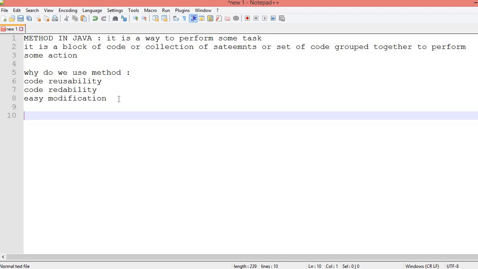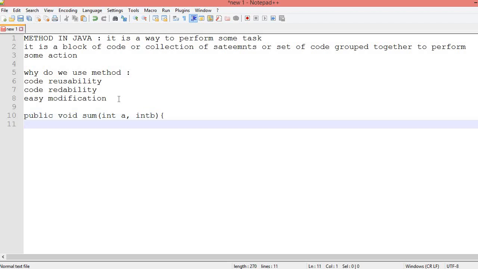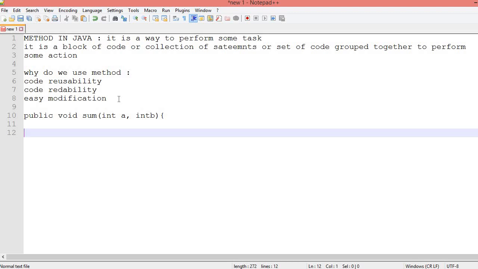Let me write one example. public void sum(int a, int b), and inside it I will write one program, System.out.print(a + b).